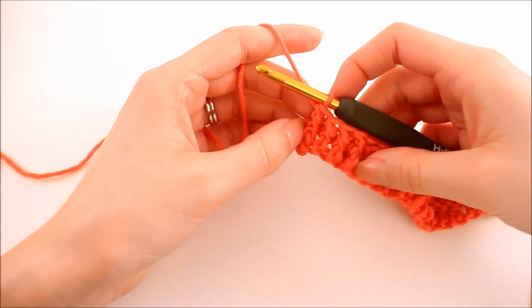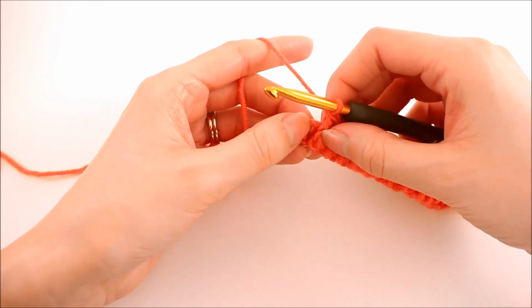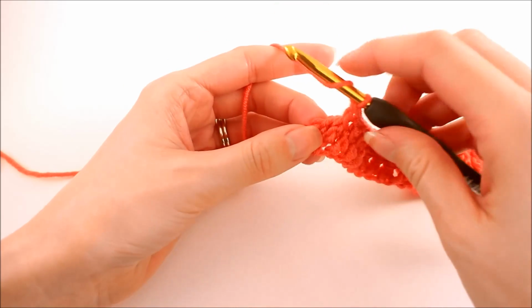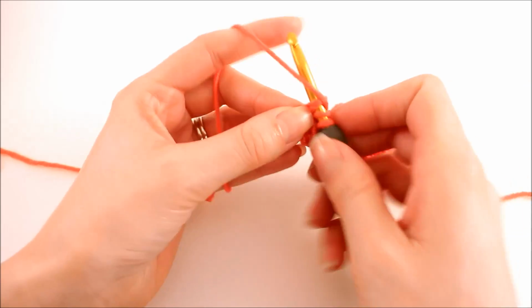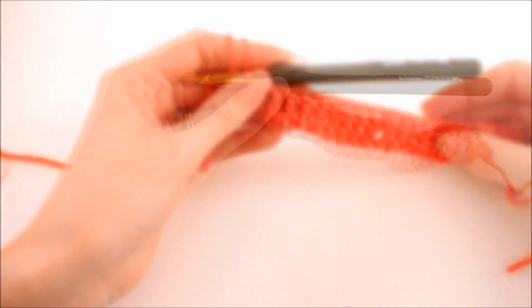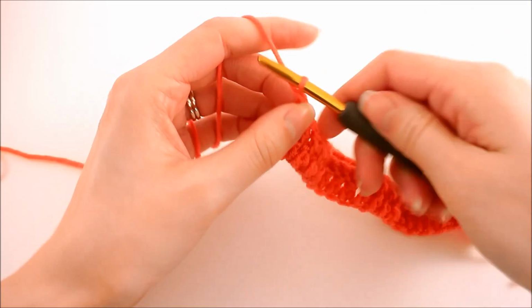When you've reached the end of row 2, we need to make a half double crochet into this 3rd chain from our chain 3 that we have left over for this row. So we just yarn over, insert your hook into that top chain, and just half double crochet. Now that finishes off row 2. To begin row 3, we want to chain 2,